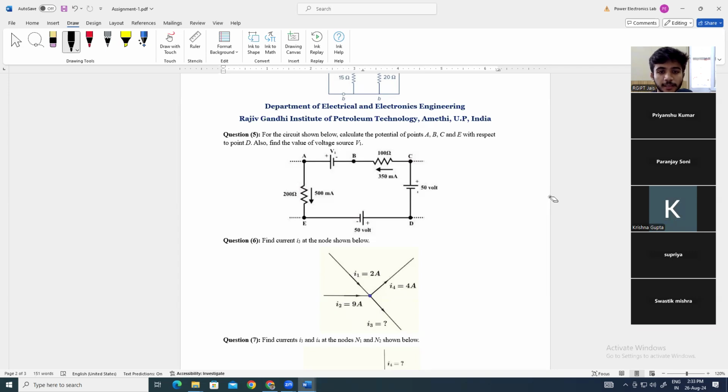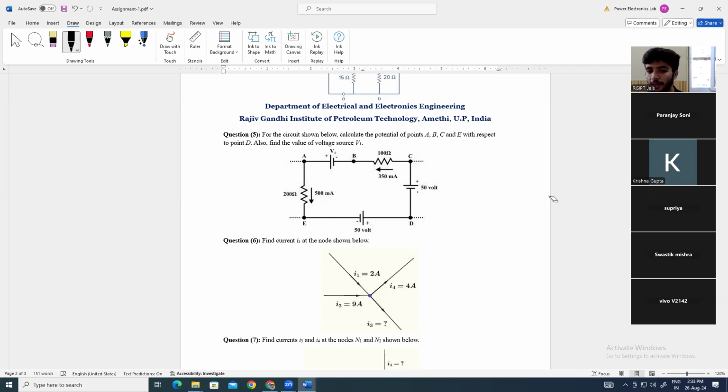सबको ये नोड A दिख रहा है, नोड E दिख रहा है, नोड D दिख रहा है, नोड C दिख रहा है, ये लोग डॉटेड कनेक्शन हैं। तो डॉटेड कनेक्शन का मतलब है यहाँ से करंट आ भी सकता है, यहाँ से करंट जा भी सकता है, right? ठीक है, so यहाँ से करंट आ भी सकता है, यहाँ से करंट जा भी सकता है। तो इसलिए हम लोग यहाँ से एक सिंगल करंट नहीं ले सकते कि एक सिंगल करंट जो यहाँ से आ रहा है उतना ही करंट यहाँ जाना चाहिए। ये हो सकता है यहाँ 350 मिली एम्पेयर आ रहा हो और A से 150 मिली एम्पेयर करंट वापस यहाँ introduce हो रहा हो, तो 350 प्लस 150 मिली एम्पेयर 500 मिली एम्पेयर बन रहा हो।